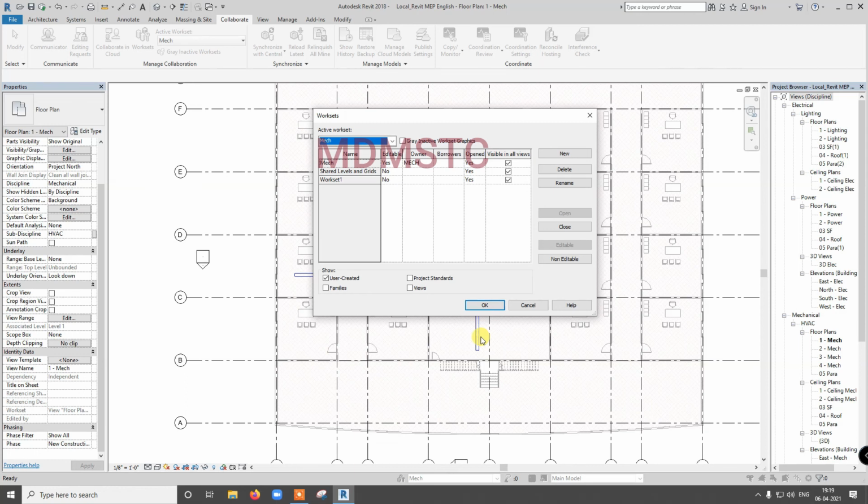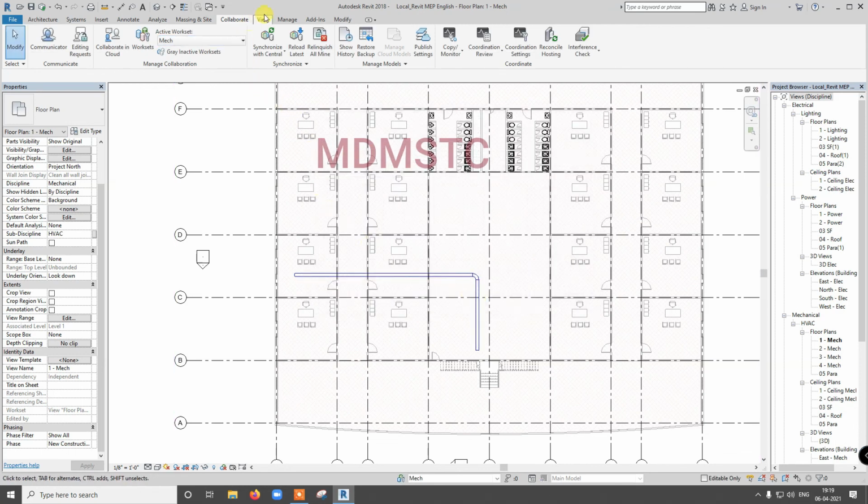Depending on your need and the complexity. If you have a complex system, then it is better to go for separate worksets, but keep in mind, don't go for too many worksets. Click OK. Now see, Editable, owner.